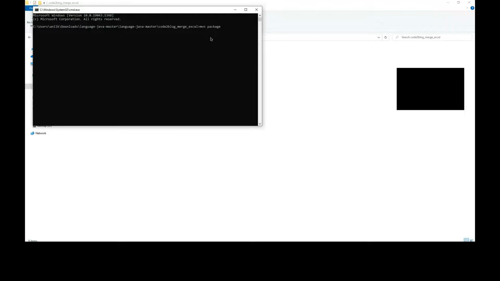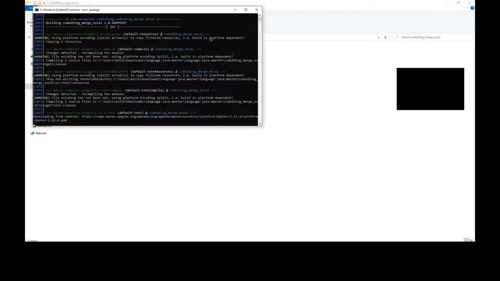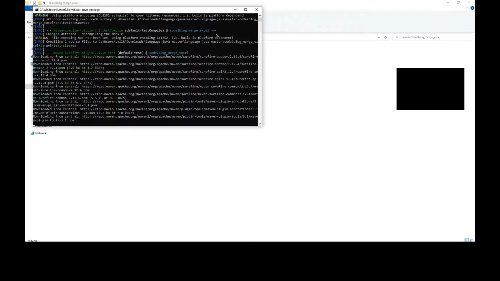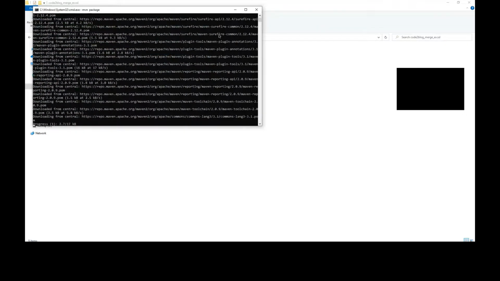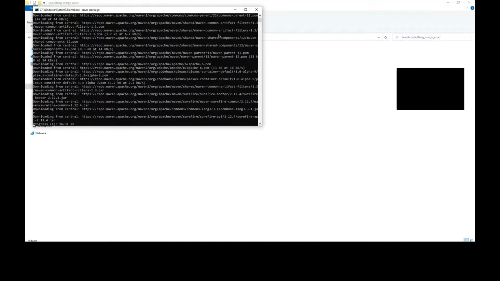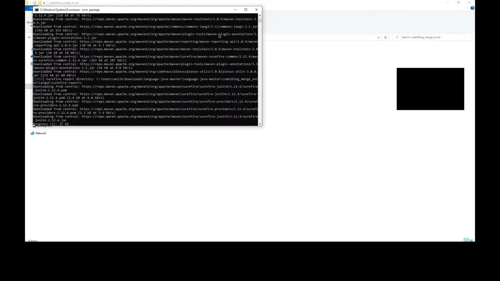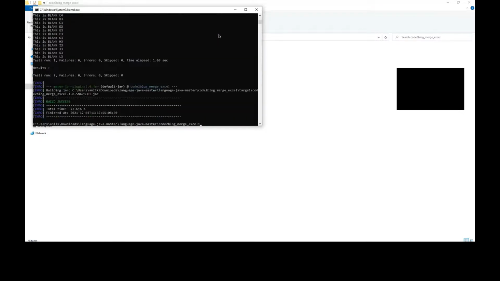Package. Enter. So Maven is a dependency management tool, using which the dependencies are controlled by a pom.xml file. I have declared the dependencies. Now this Maven tool is going to the internet and downloading all the files onto the local system. It will finally create a jar file along with running the test cases. Now that the jar file has been created, all the necessary dependencies are available.